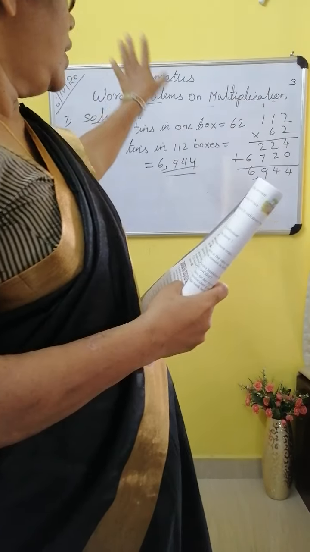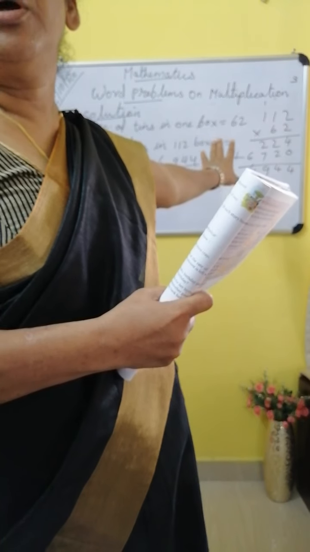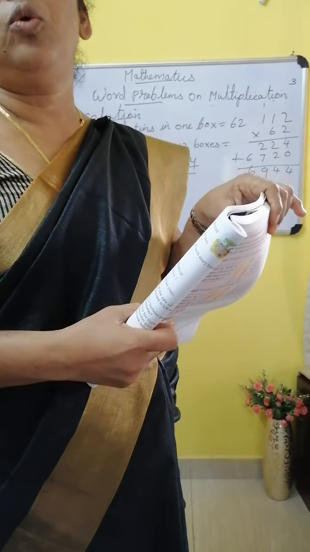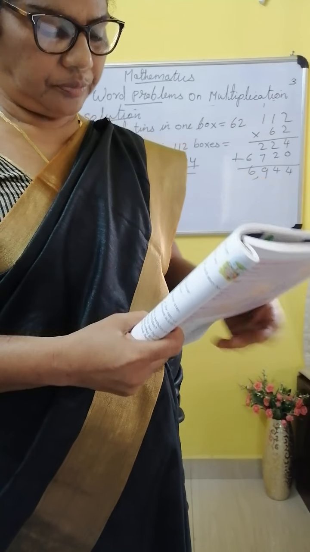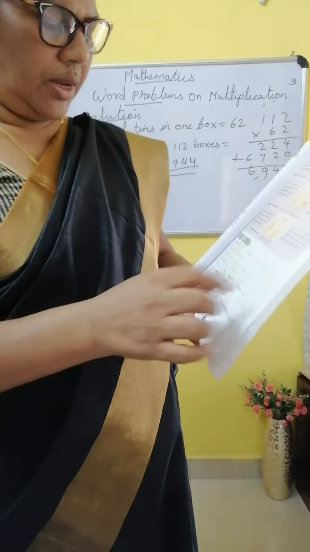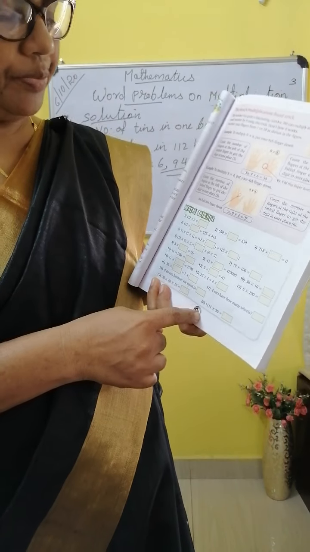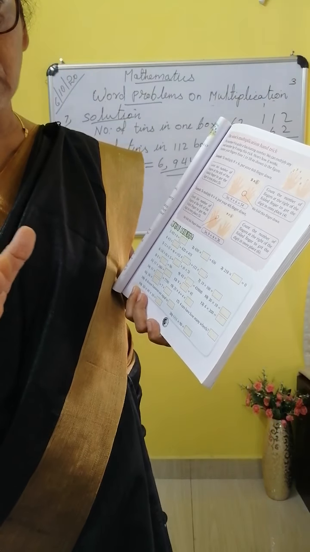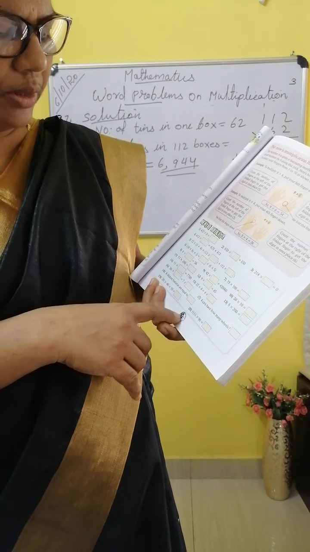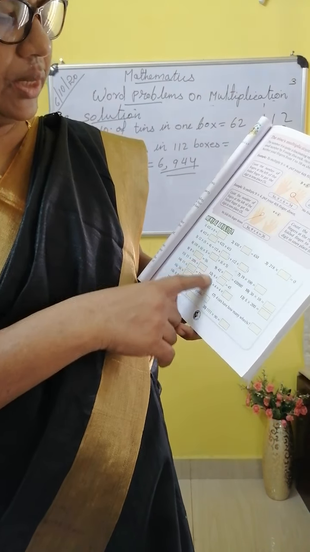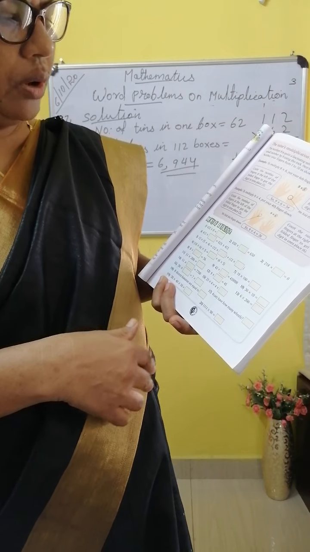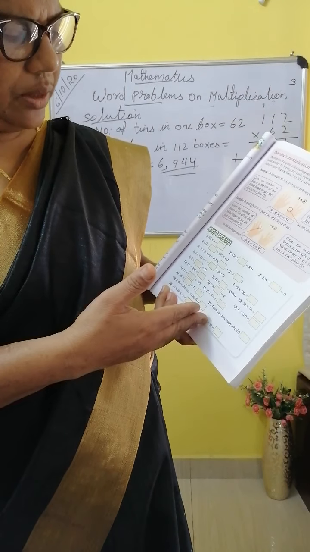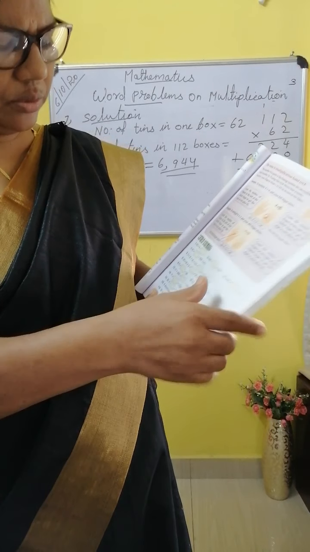Everything I have given you on the board, copy to the notebook. The next 3 questions also you write in the notebook. Then page number 73. All the homework I have given, you have to do in the textbook. Don't forget it. Page number 73 is very easy: multiplying by 0 or 1. Everything we have studied, so do it in the textbook.